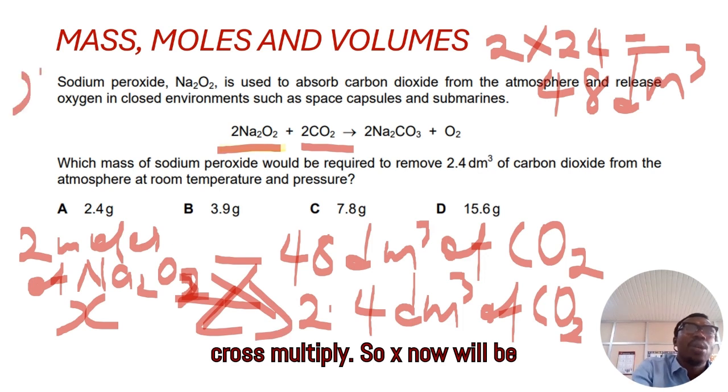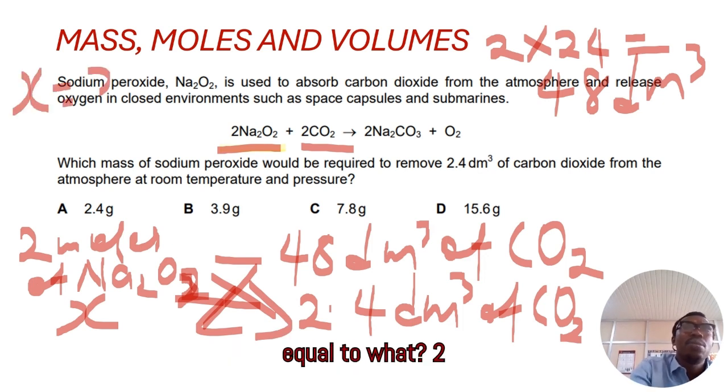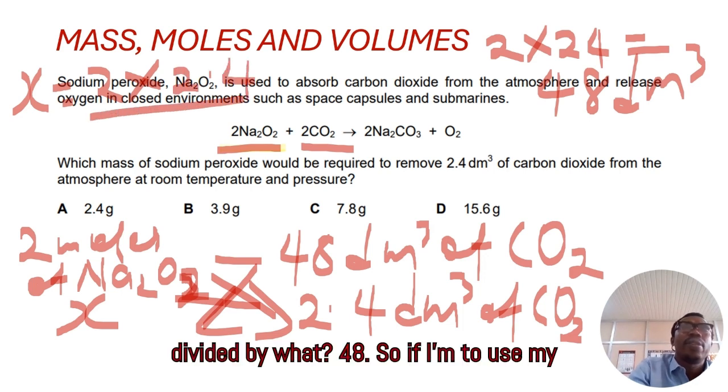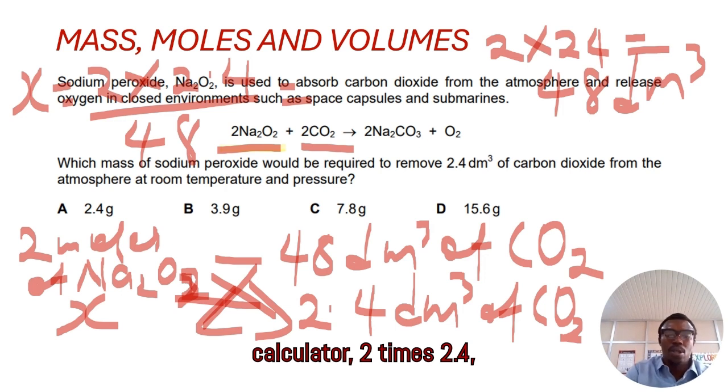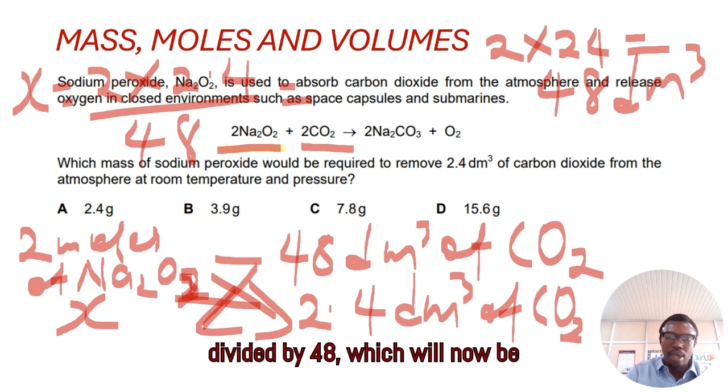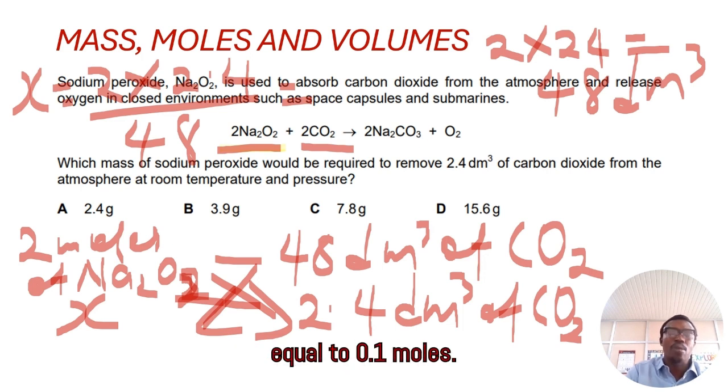X will be equal to 2 times 2.4 divided by 48. Using my calculator, 2 times 2.4 divided by 48